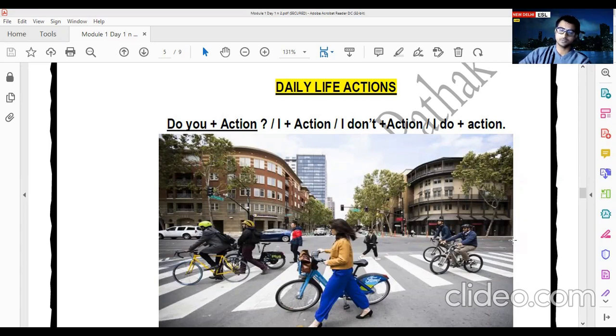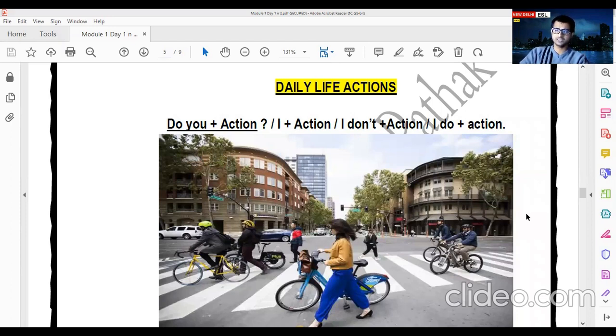Okay, great. So now what exactly we're going to talk about is daily life. So what happens generally in our daily life? We get up early in the morning, and till night, or when we go to our bed. So how are you actually going to speak at that time? In daily life, if you have to ask a question to someone, you can use the word do. So it's very easy to remember.